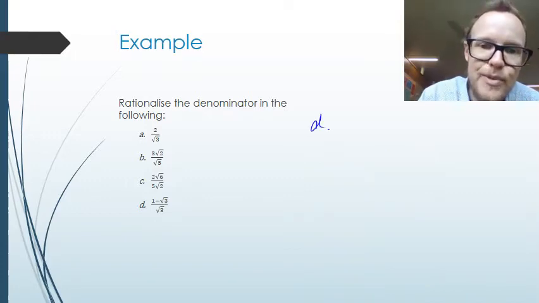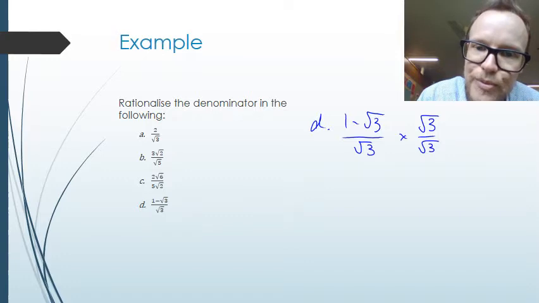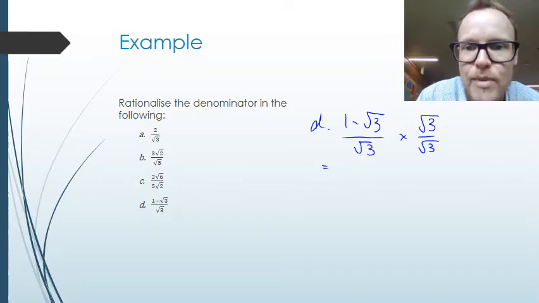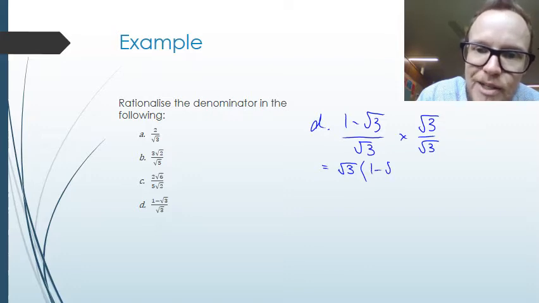Final example D here, I've got 1 minus root 3 over root 3. I'm going to multiply the top and the bottom both by root 3. And so I'm left with now, because I've got an expression that's 1 minus root 3, I need to multiply the whole thing by root 3. So that's going to be root 3 times 1 minus root 3 over root 3 times root 3,